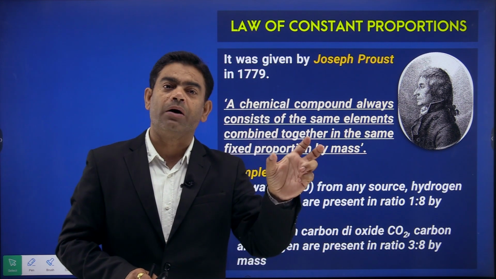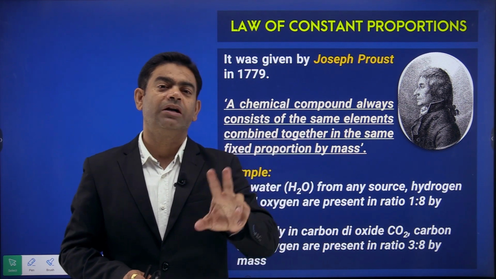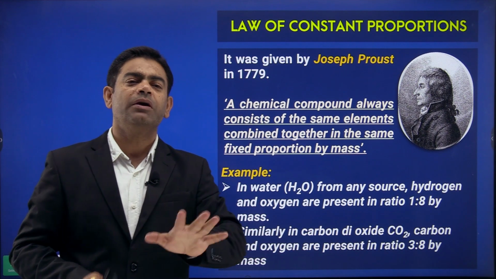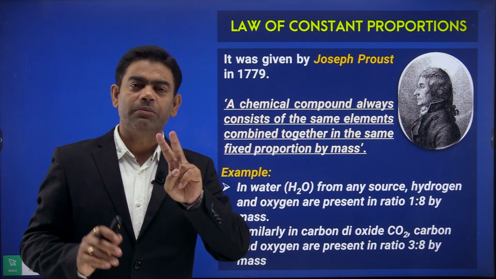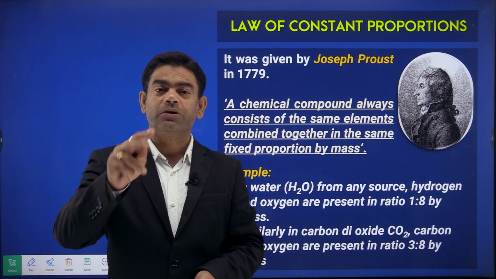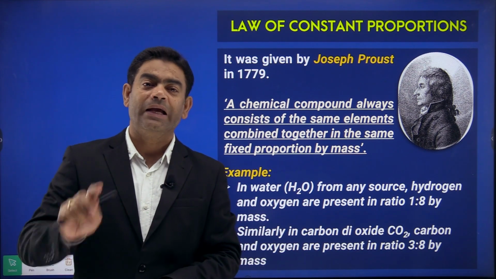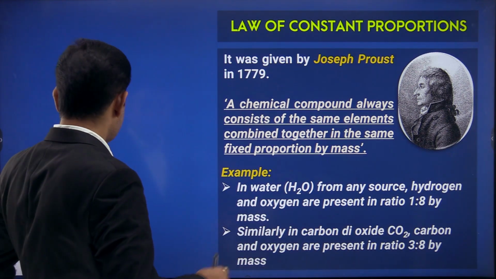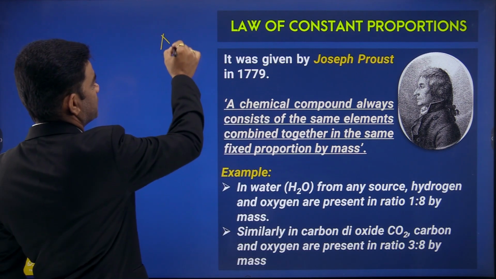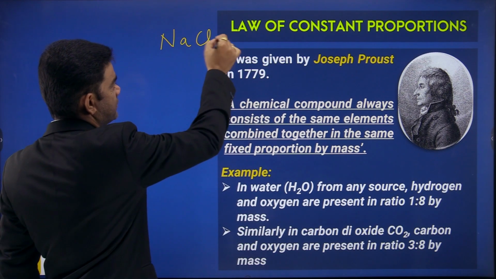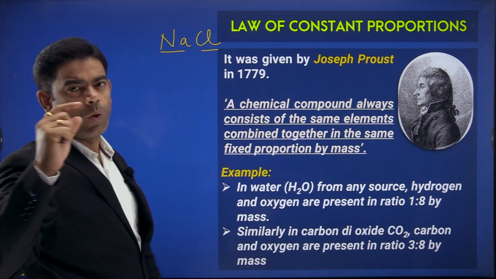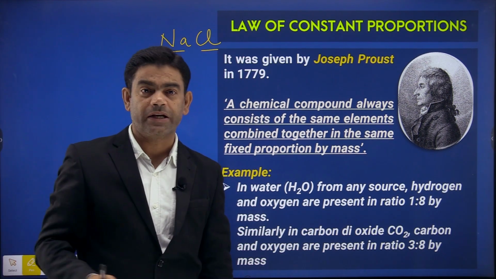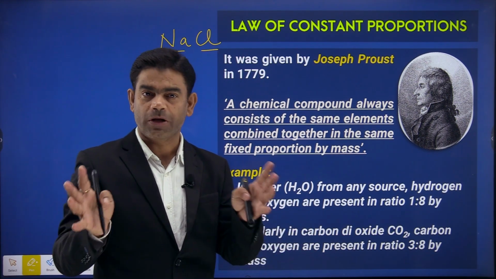So a particular compound is made up of the same elements from anywhere, and both elements will be found in the same ratio everywhere, NaCl, okay. For example, I was talking about NaCl, Na and Cl, one atom of sodium, one atom of chloride, that is making my compound, okay.